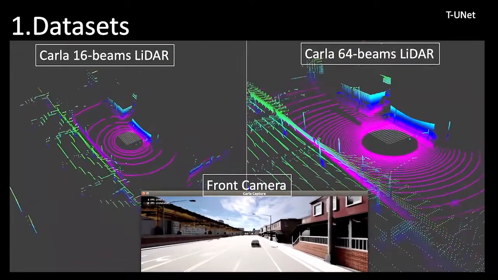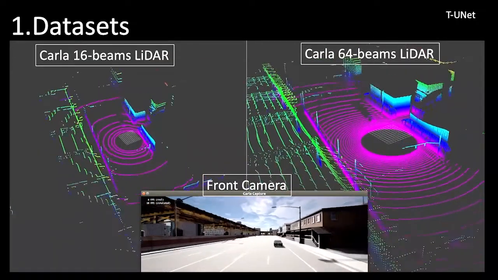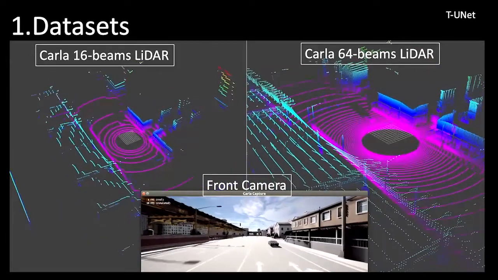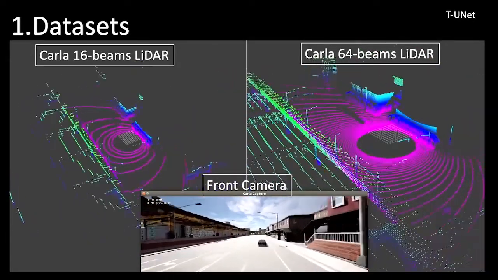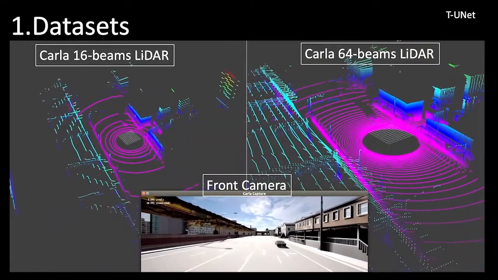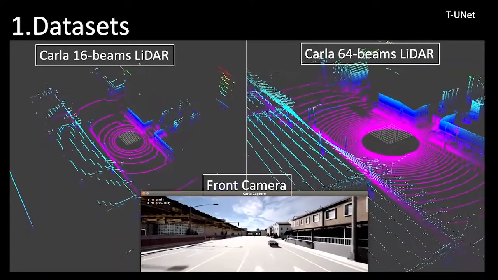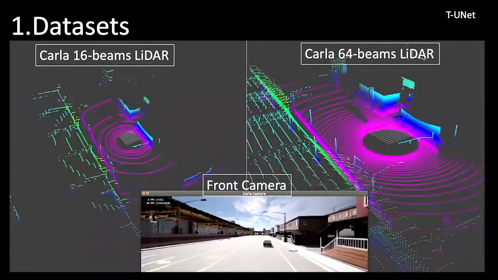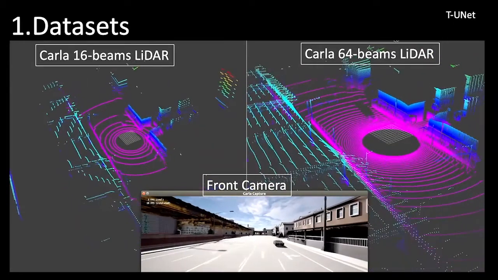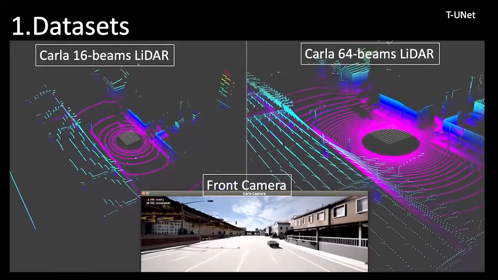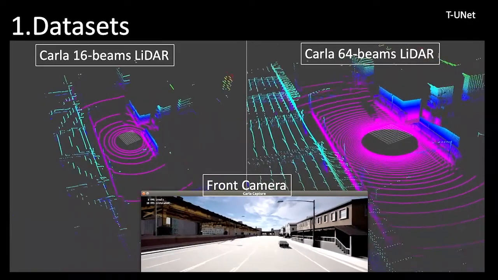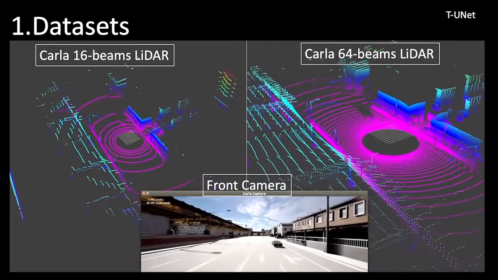First of all, I want to talk about the establishment of datasets. We set the low-resolution LiDAR numbers of laser beams as 16 or 32, and the high-resolution numbers as 64 or 128. Therefore, we collected 16 and 64 laser beams LiDAR data, and 32 and 128 laser beams LiDAR